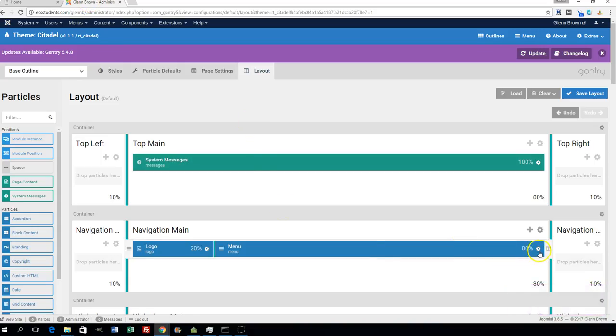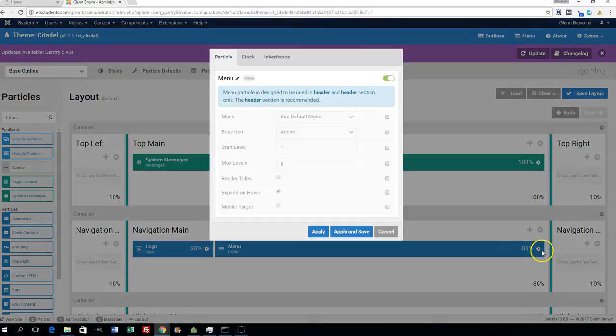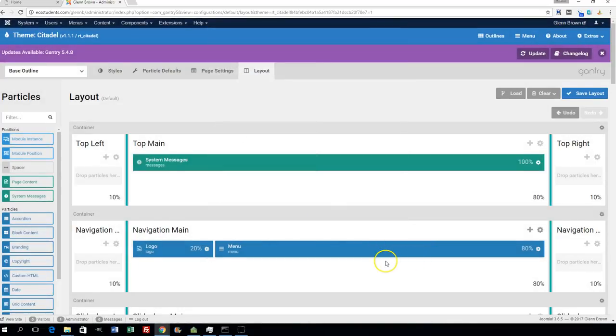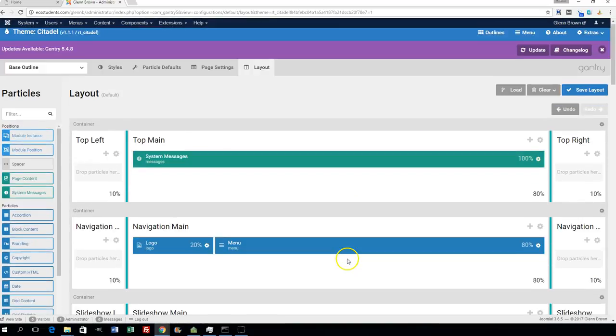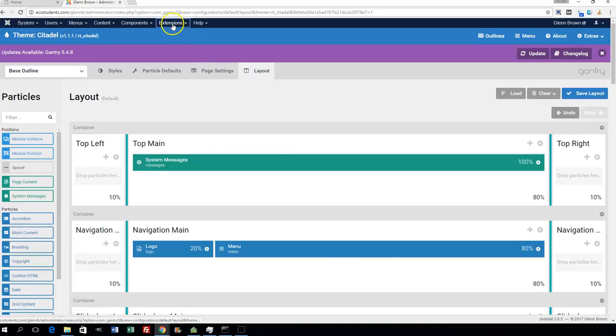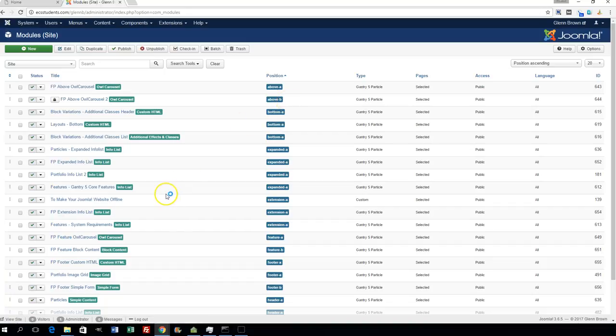Let's go back in, and I can do a few different things on this menu, but most of the menu is actually in the modules area or in the menu area. So let's cancel out of that, and let's go to extensions, modules, and if you remember we were looking at slideshow A, there's a whole lot of modules that are here by default,